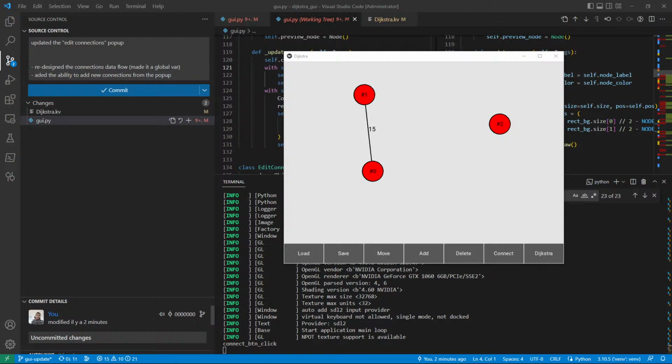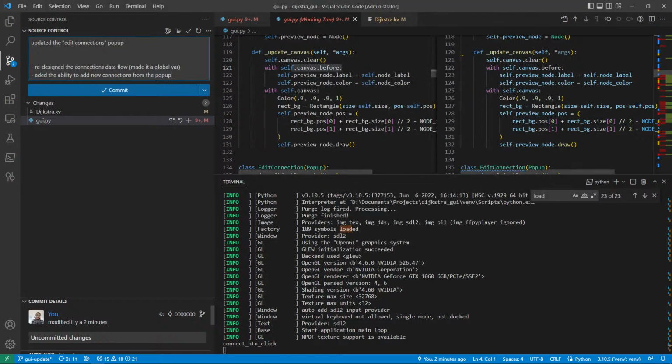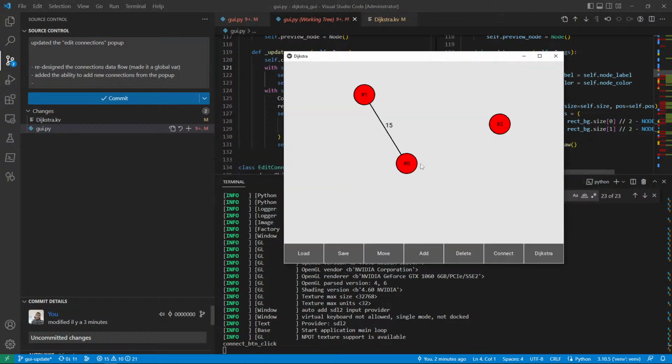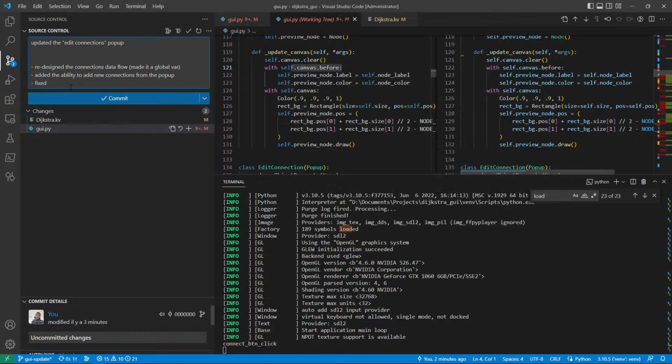Remind Z. Who the fuck are you, mate? Give me a name. Added the base new connection from the pop-up. What else? Updated the edit connections pop-up, added the ability to add new connections. What else? Yeah, fixed, which was the main stream objective is to fix